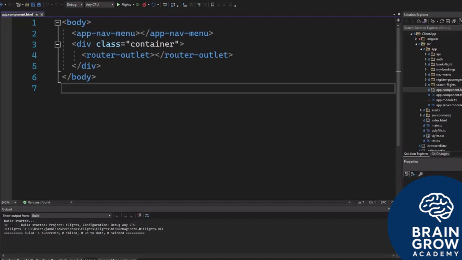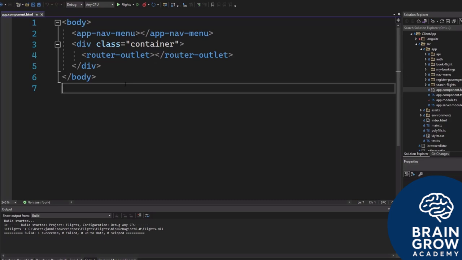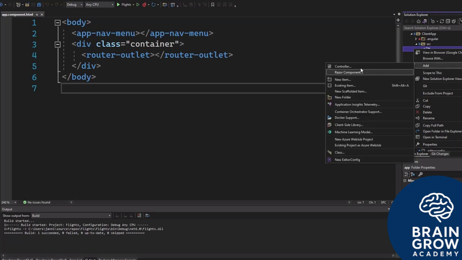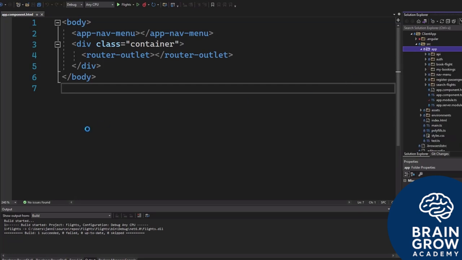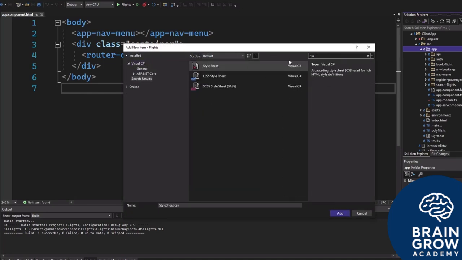Great, so now that you know that everything here is rendered inside the router outlet, if we want to add a footer and a header, for example, we can do that here. Let's first of all add a new CSS sheet for some styling. So go into the app folder here, right click on it and add a new item. There we go. We can simply search for CSS, that's not a problem at all. And then we use the style sheet here. So let's call that